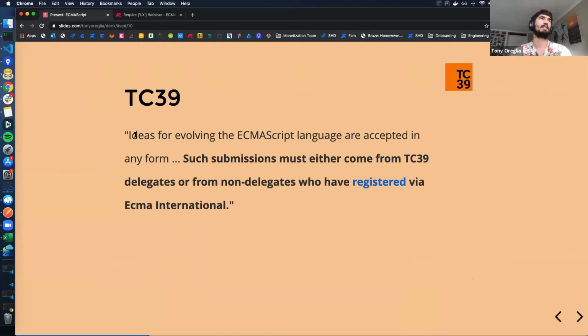And a quote from TC39: ideas for evolving the ECMAScript language are accepted in any form. So TC39 deals with incoming proposals for changes to the specification, and they're more than happy to receive new proposals and ideas, and I'll share with you at the end some ways to submit these types of proposals.